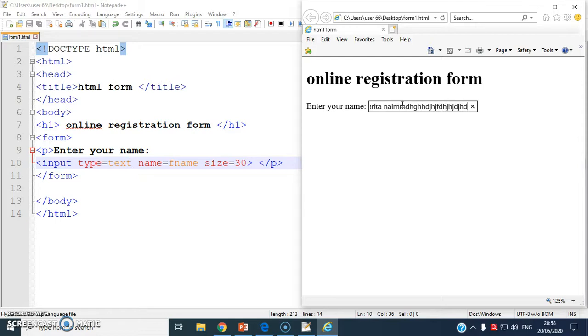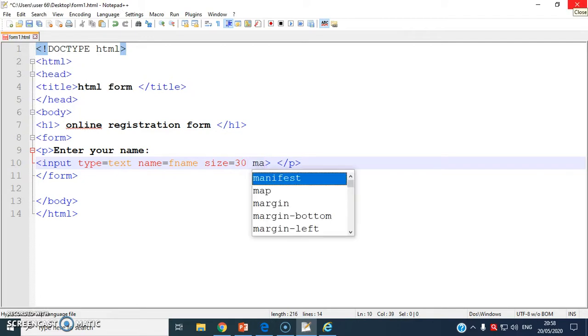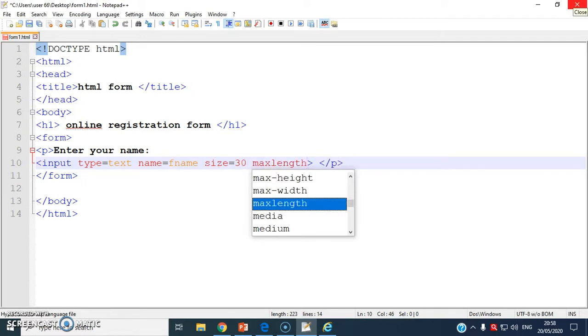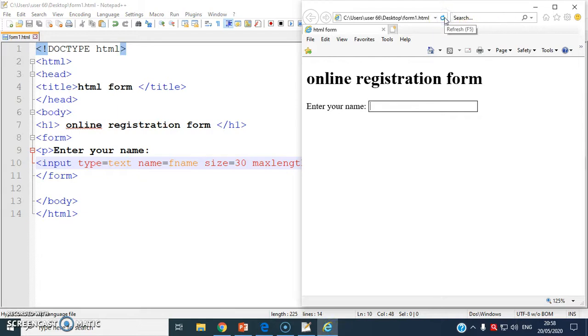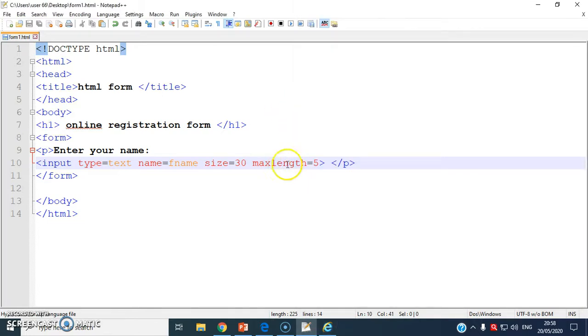Here I am entering my name and see it is accepting any number of characters I enter. Now I want to limit the number of characters which I have entered over here. So I'll include the next attribute called maxlength, and I'll say maxlength is equal to only 5 characters. Control S and again I will refresh. Now I'm trying to enter my name, but see it's not accepting the characters I enter, because here I have restricted the maximum length of the characters to 5. If you want, you can change it. This is how you create a simple text box. I hope you are clear with how to create a text box.